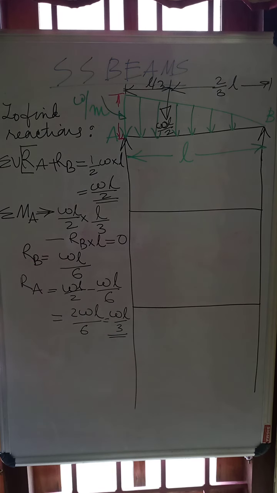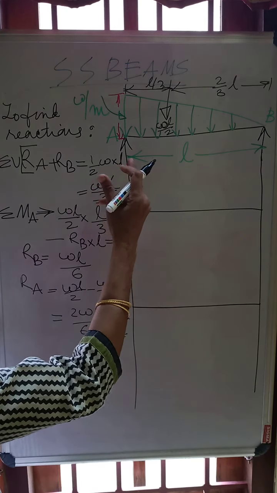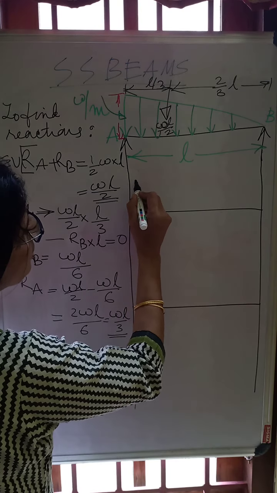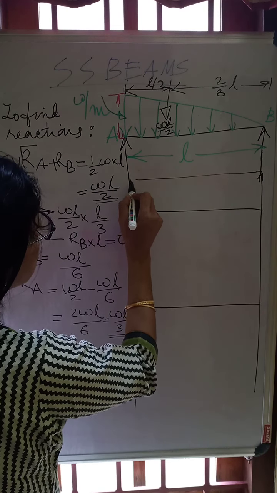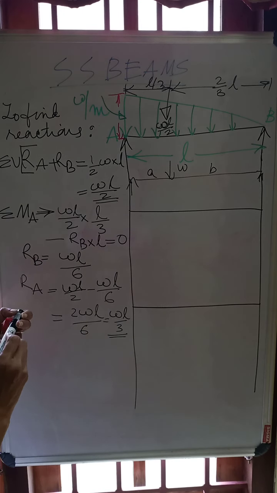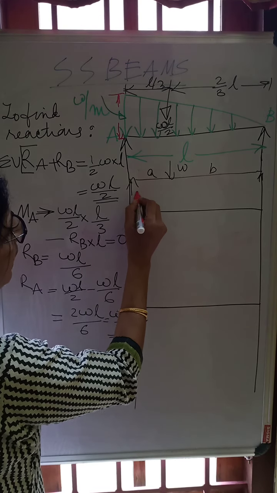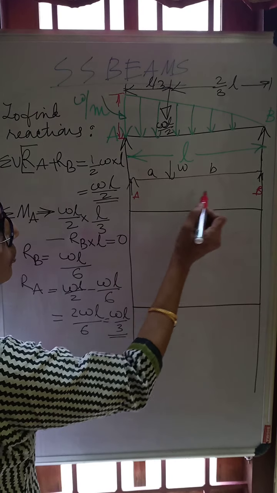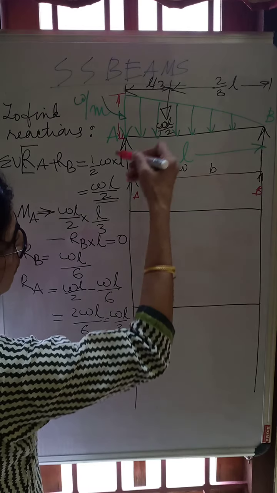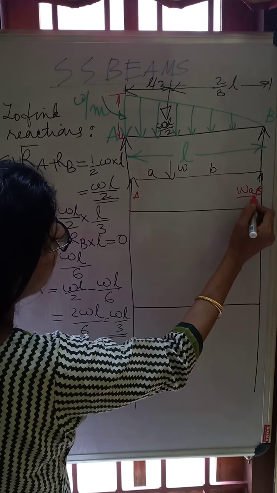or it is also equal to WL by 3. Okay. Now I will give you one tip for finding out the reactions. This is actually a case of eccentric loading. If you remember the eccentric loading problem, I will just draw it here. Eccentric loading problem was like this. This is the load W, this is A and this is B. Whenever you have an eccentric loading, you take moment about this point, so this is point A and this is point B. If you take moment about this point, you will write RB into L is equal to W into A. RB into L is anti-clockwise, this is clockwise moment. So you can get RB as equal to W into A by L.